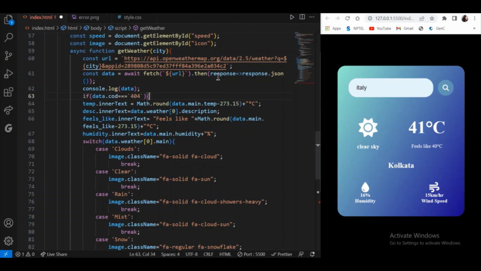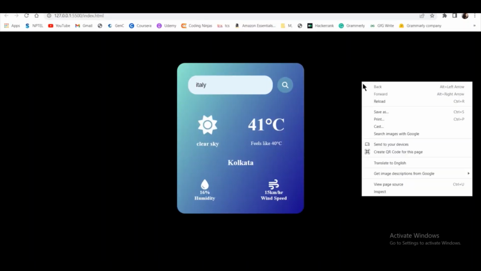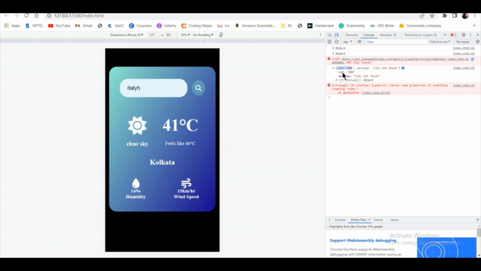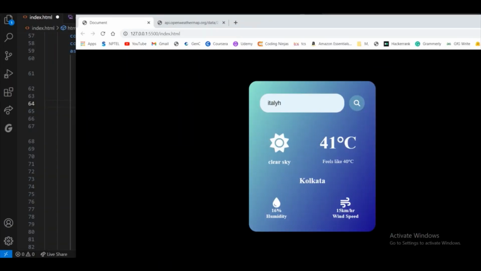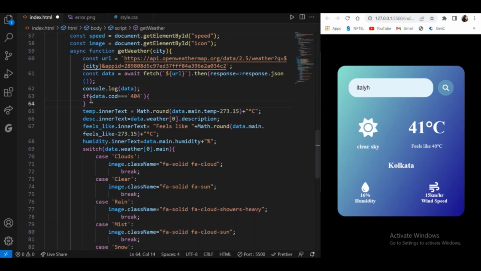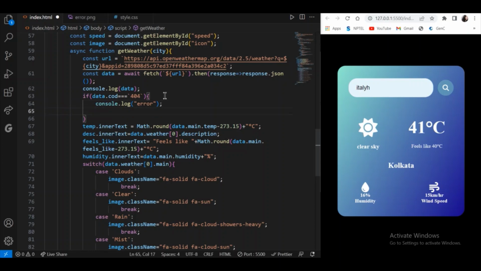Now if data.cod is equal to 404, so what is COD? If you go to this site and you inspect, as you can see here, COD 404 is shown. Similarly, I am using this to check if the city or state name is correct or not. So if data.cod is 404, then